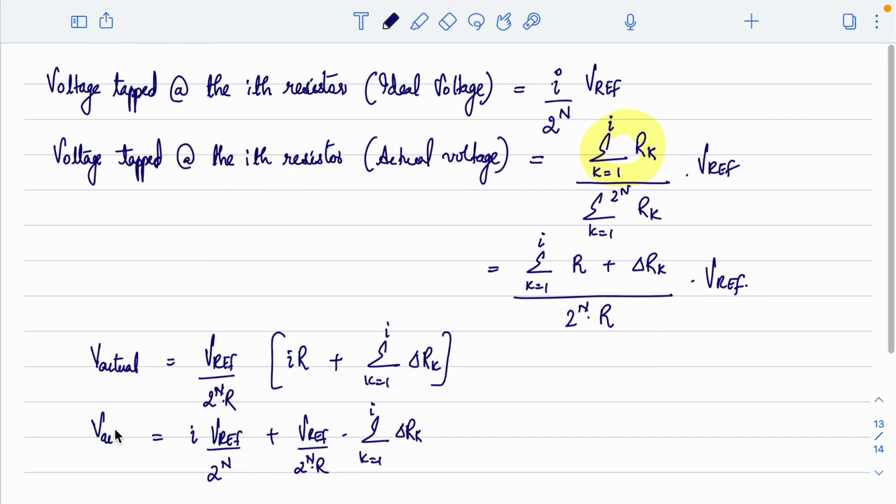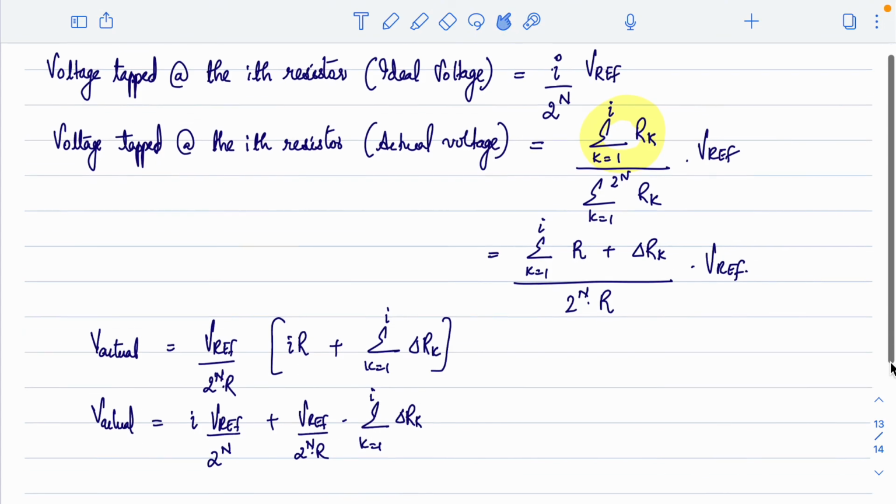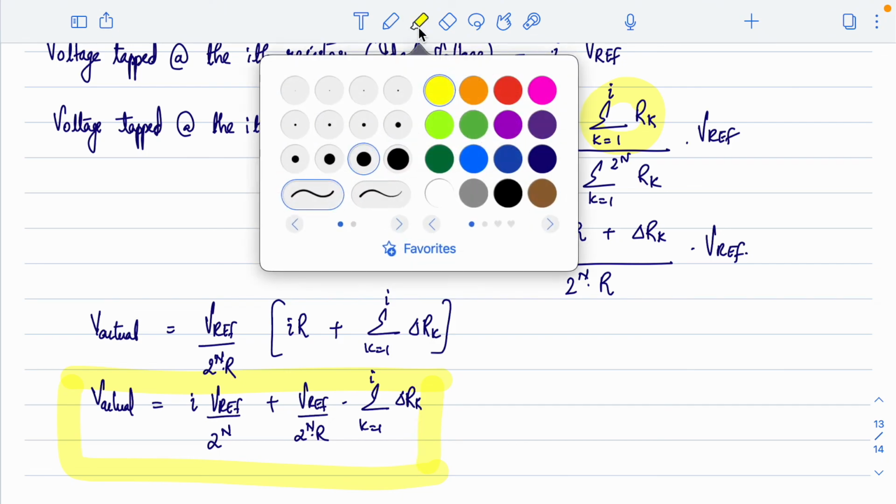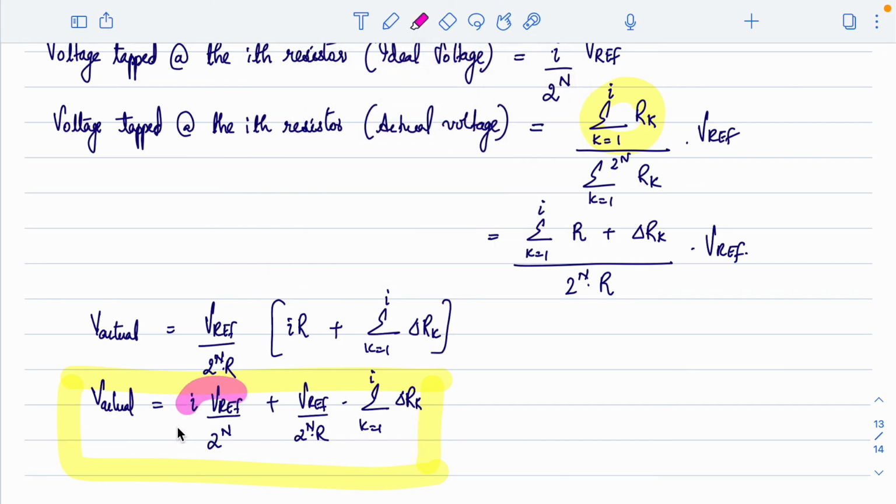This is V actual. Right. Now, if you look at the final expression that I have written, see this. Here we can see that this term, I into V ref by 2 to the power of n, this is nothing but the